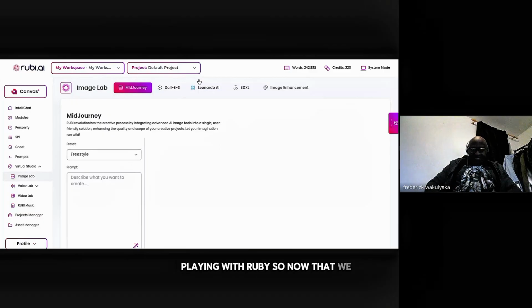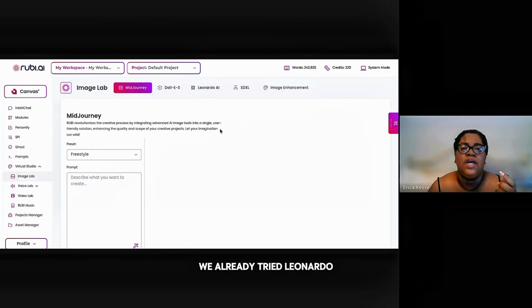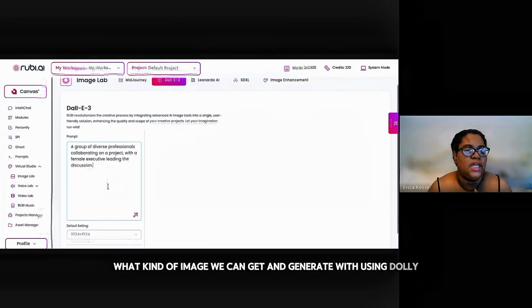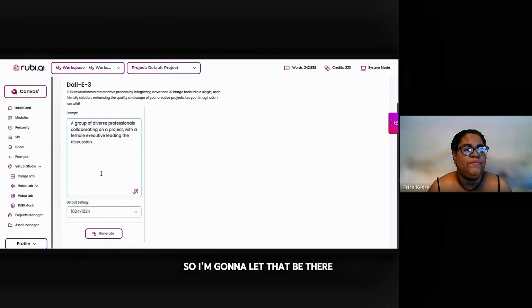So now that we already tried Leonardo, let's try Dolly. Let's see what Dolly can do for us, what kind of image we can generate using Dolly. So I'm going to let that be there. But then,